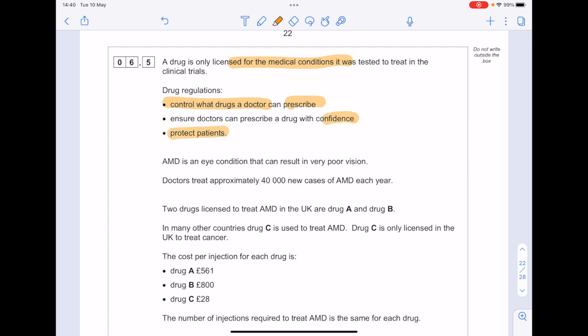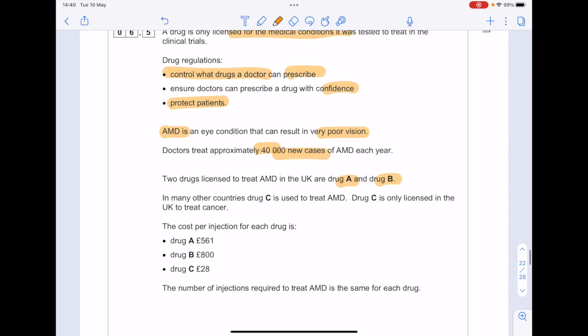AMD is an eye condition that can result in poor vision. Doctors treat approximately 40,000 new cases of AMD each year. 2 drugs were licensed to treat AMD, drug A and drug B. In many other countries, drug C is also used to treat AMD, but drug C is only licensed in the